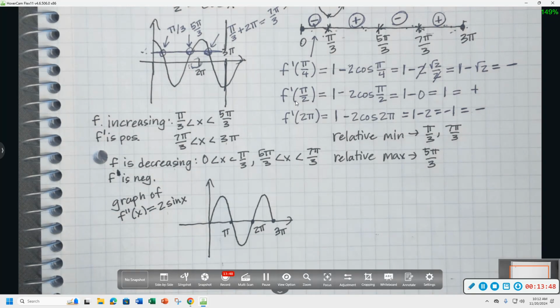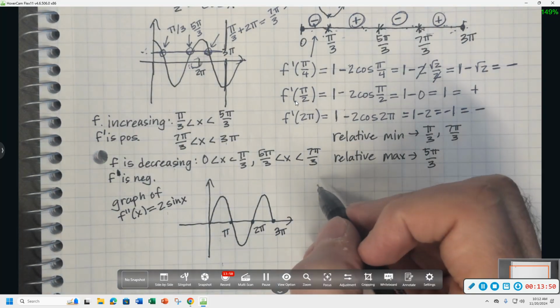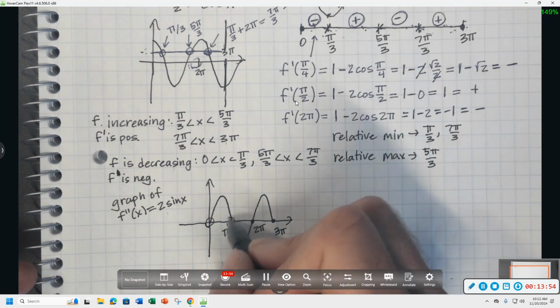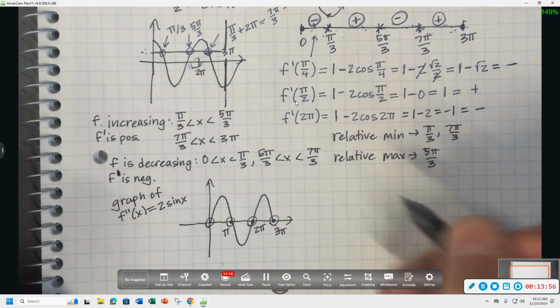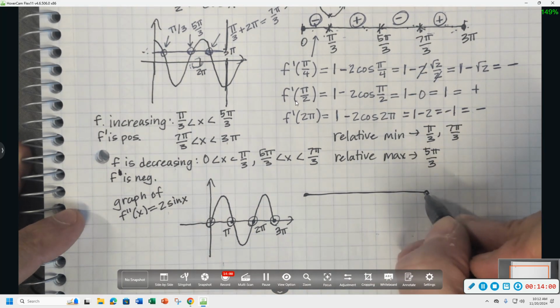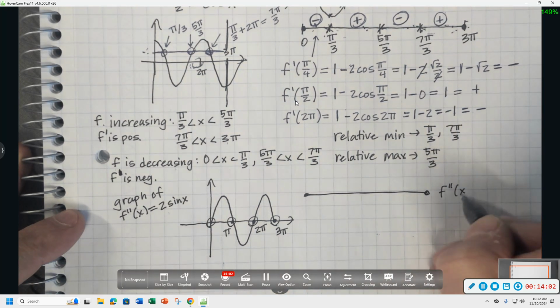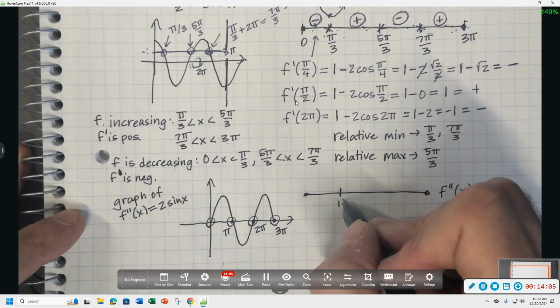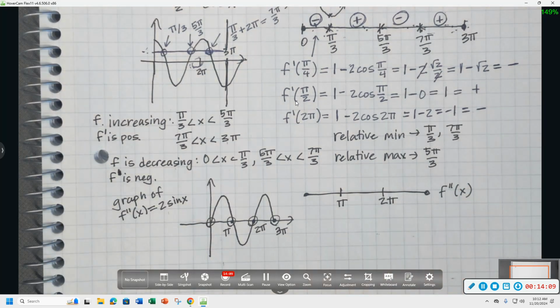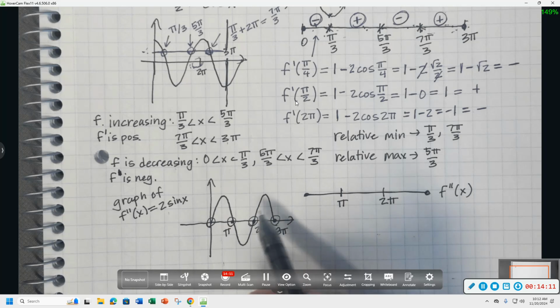Okay, so if I'm talking about critical numbers, it's not really critical numbers, but if I'm talking about places where the second derivative is changing sign, and I'm looking at a number line for the second derivative, the important points are pi and 2 pi. Also, because this is the whole graph,